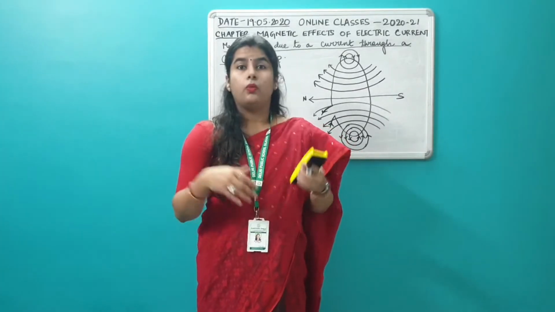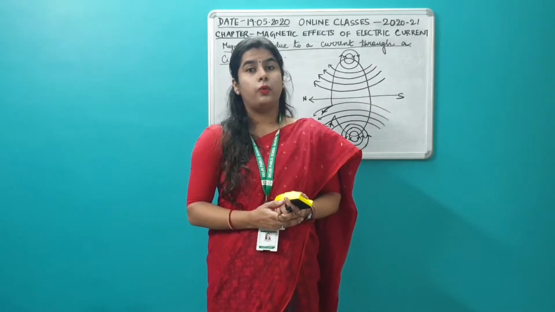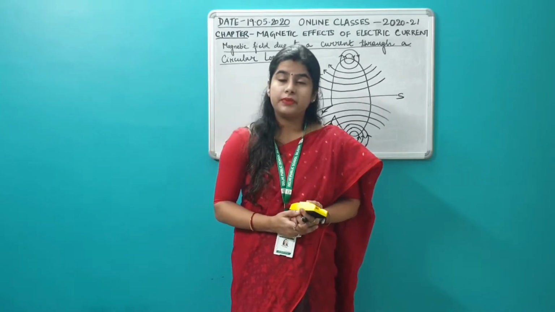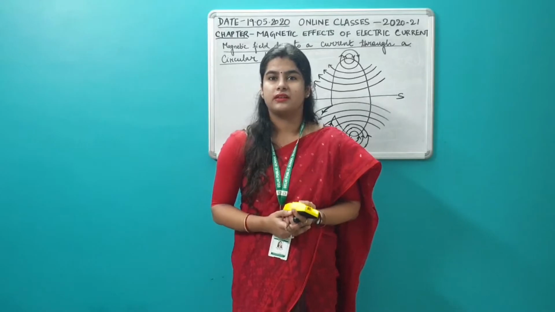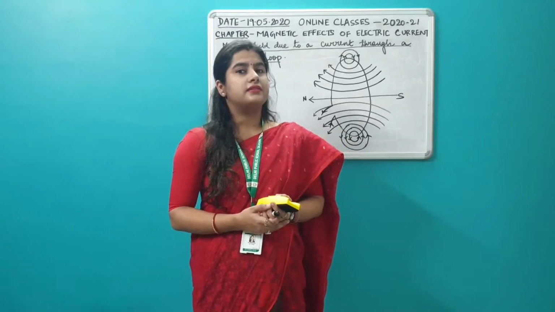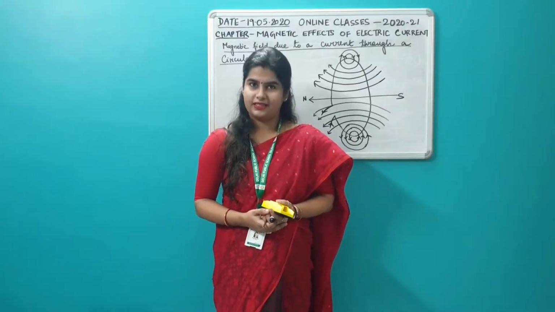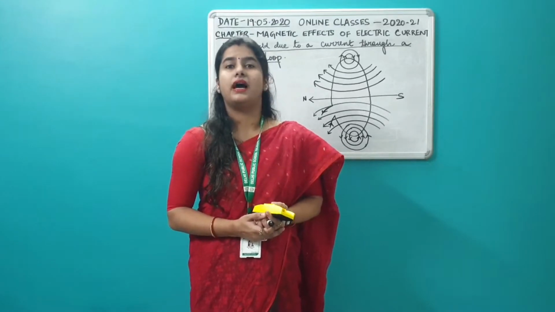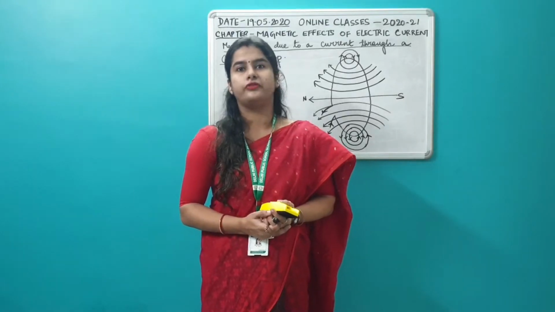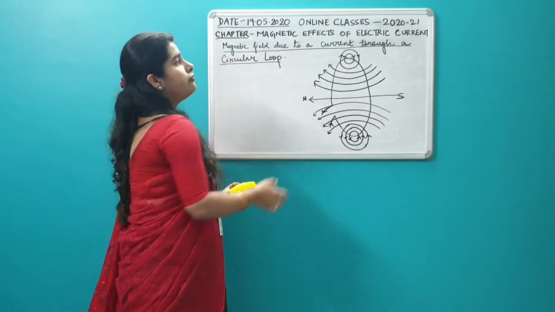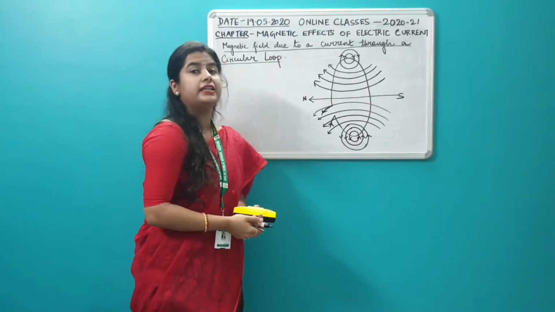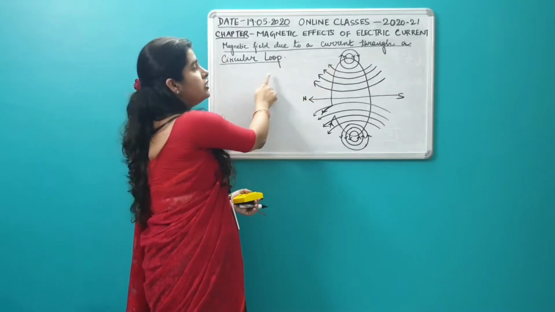We had also seen what happens to the magnetic field lines when current passes through a straight conductor, isn't it? What happens to the magnetic field lines with the distance? We had also studied about Maxwell's right hand thumb rule. Yes. So I hope all these things are clear to you by now. So let us continue with the next portion of the chapter of magnetic effects of electric current. So we will start with the magnetic field due to a current through a circular loop.